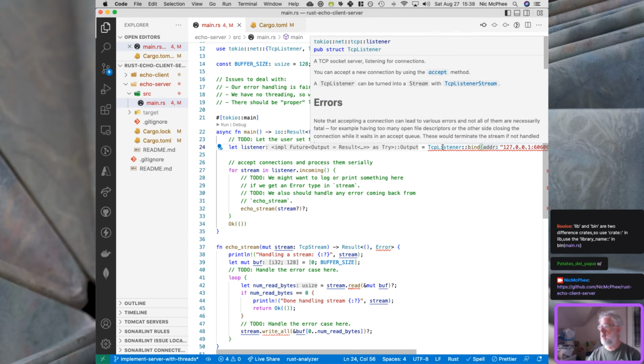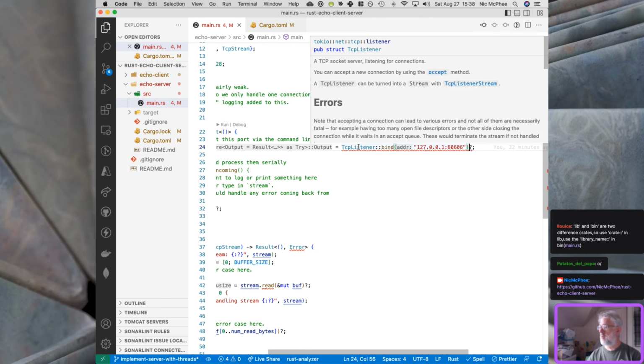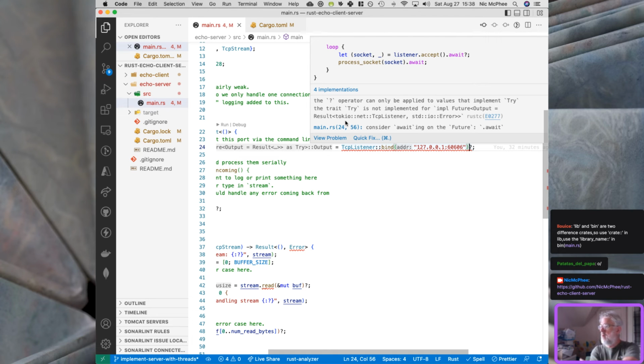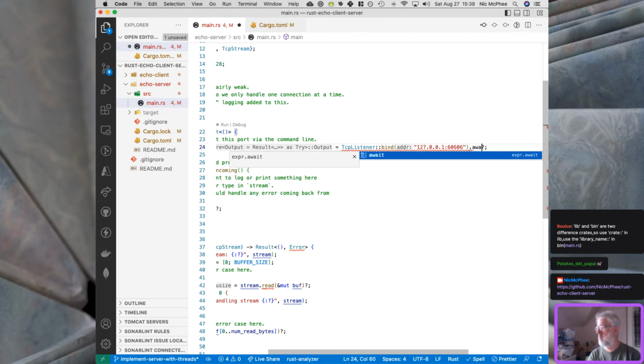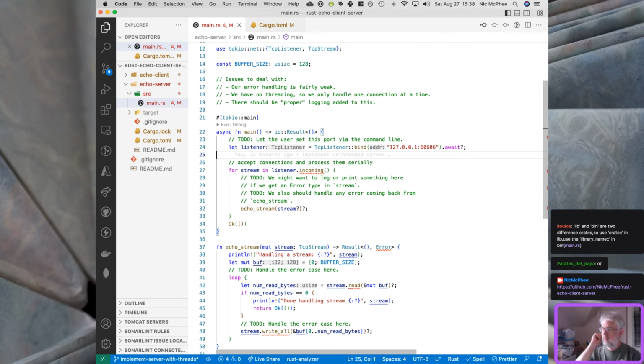And now we get the problem of our await. So what's it being grumpy about? Question mark can only be applied to values that implement Try. The trait Try is not implemented for impl Future. Consider awaiting on the future, which is totally what we want to do. Await. And now the question mark does a thing. Bingo. Okay. So now we get a TCP listener,